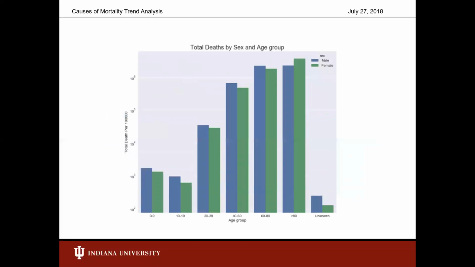So regarding this chart, this shows the total deaths by sex and age group. And I'd like to point out that this is looking at a logarithmic scale in order to bring out the smaller age groups with not as many mortalities. So the infants, 0 to 9s, 10 to 19s, probably up to 25s. This would not have been seen if we had just scaled it by the number of deaths there were.